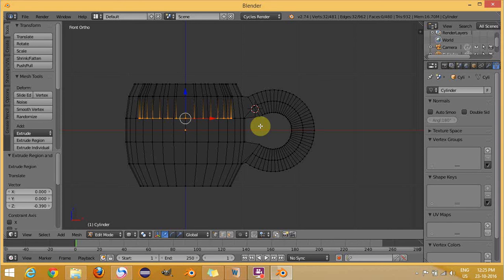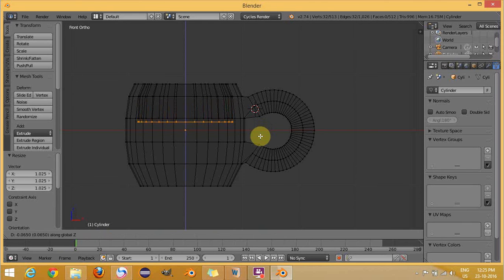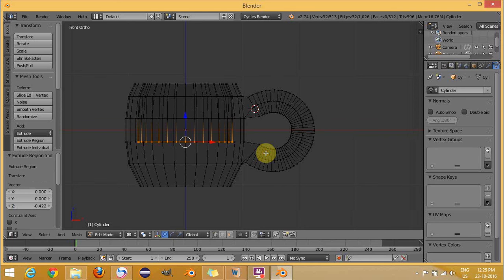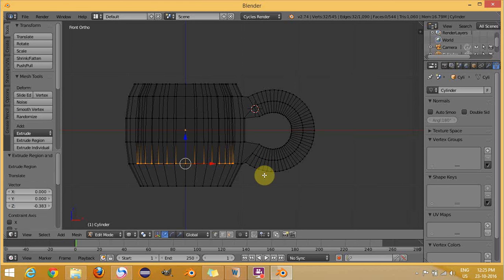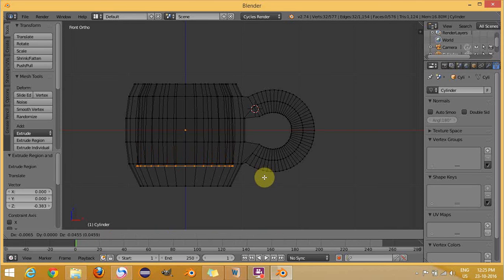Again after this, press S to scale it a little out, enter, extrude, EZ, enter, and scale, extrude, press Z, enter, extrude, scale, extrude,